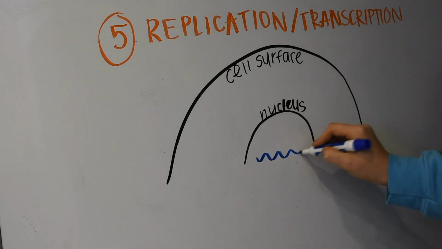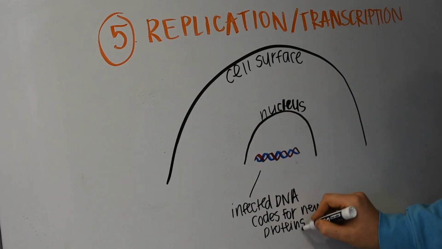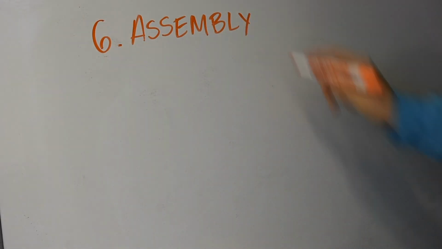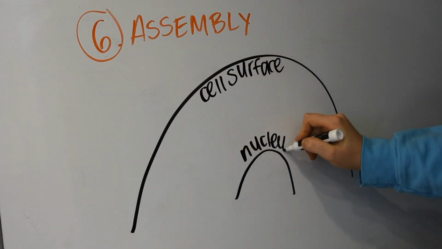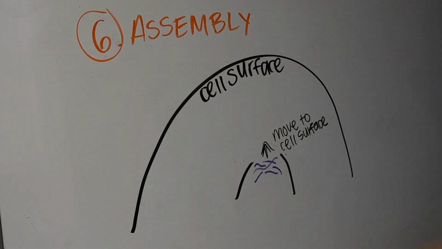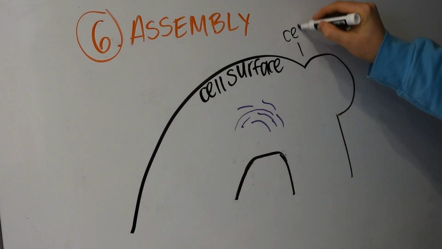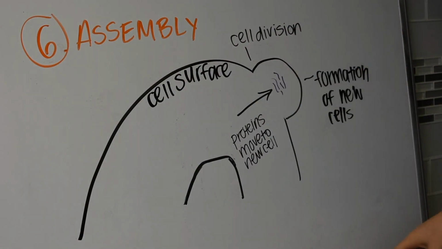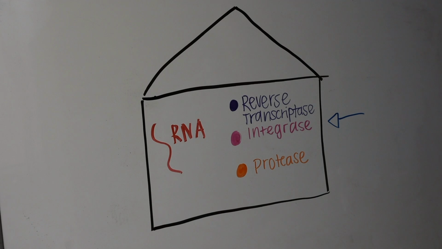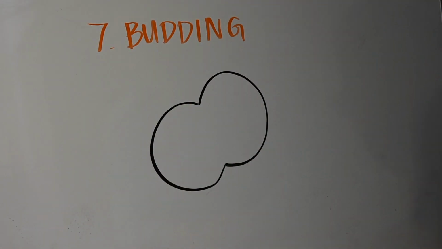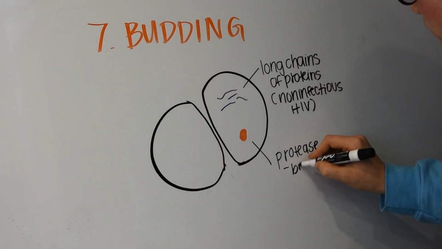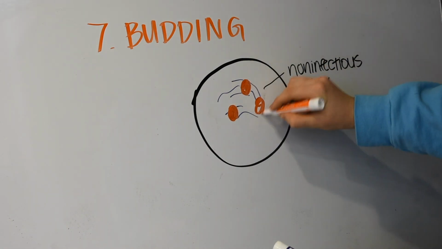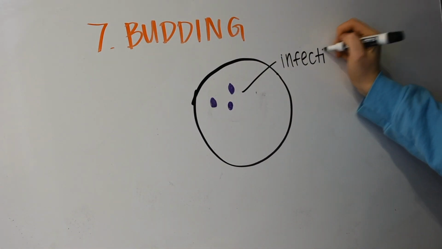Since the DNA is now infected, it also codes for infected proteins or enzymes to be assembled, just like the ones in the envelope. Moving on to assembly, the 6th step. This is where the long strands of proteins or non-infectious HIV move from the nucleus to the surface, so they can then move to the newly forming cell. Lastly, the 7th step, budding, is when protease is released from the original HIV envelope into the newly formed cell, which is used to break up the long, non-infectious strands of protein into shorter, infectious strands, which from then go on to attack other cells and commence the deadly cycle of HIV.